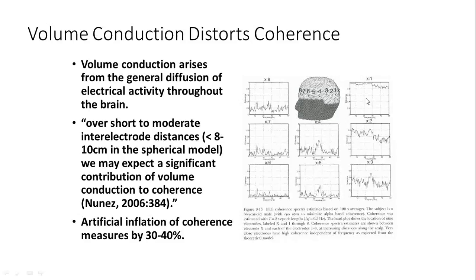And so this is from Nunez's book, and he's showing how in X times 1, and X is in the back of the head, and then 1. That's kind of like a location O1 and something close to T5. You can see that there's a lot of inflated coherence, but that as you move more distant to location 3, 4, 5, and 6, the inflation of the coherence drops down until we get to a more normal range in the higher numbers at the longer distances. And that's why in new mind maps, we don't look a lot at the shorter interelectrode distances, because there's not a lot of confidence in how accurate that is.